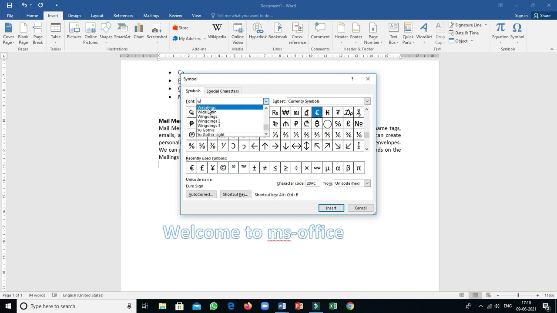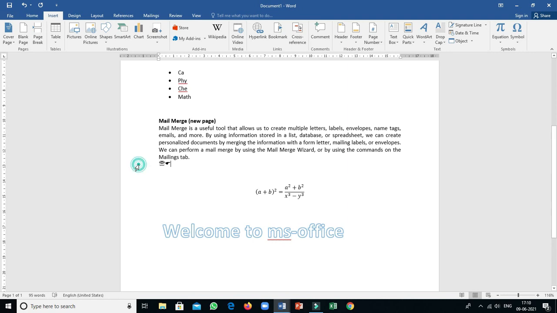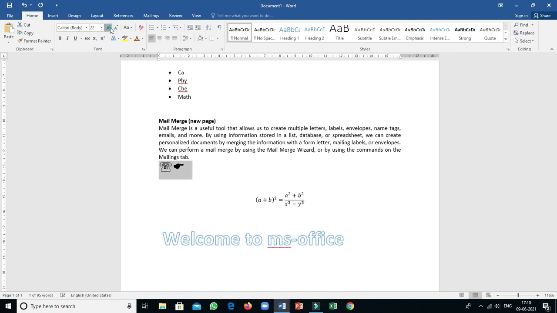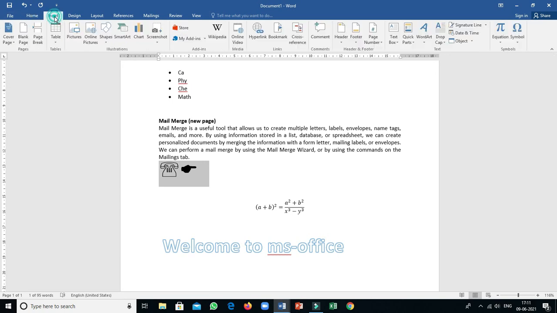So go for your Wingdings. Here lots of symbols are there. Okay, so suppose I have to use this phone symbol. Select this one and click here. Then if you need this symbol, insert, then close. Over. Now increase the size. Select the two things, go for the home tab, then increase the size. Now see, this is the symbol I captured from the symbol option, which is inside your insert tab. So the step is: click in the insert tab, click on symbol, then select the symbol. Clear?